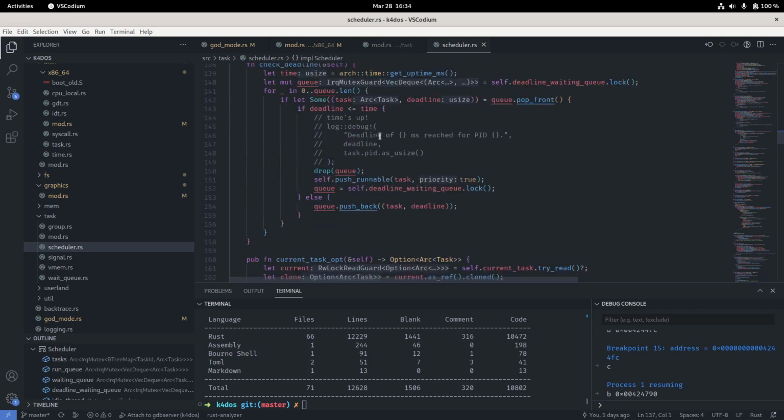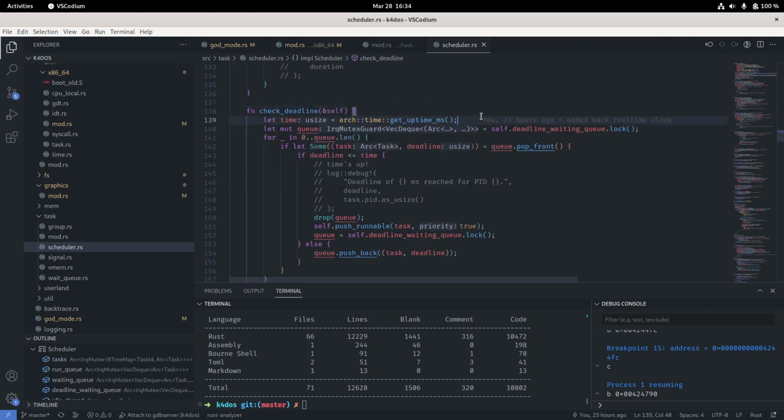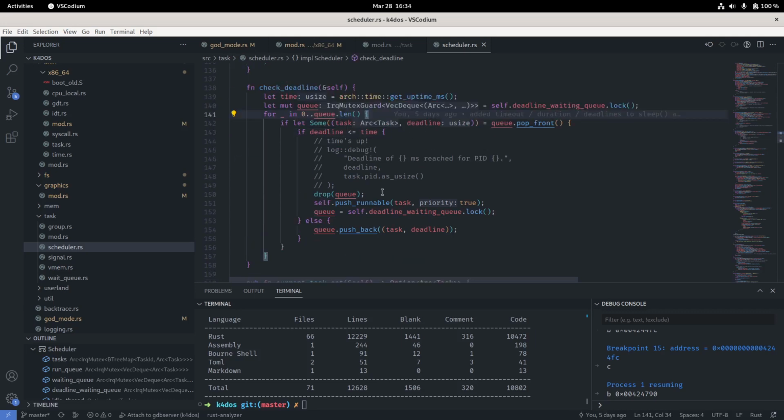We can check the deadlines by querying the time and seeing if the time has run out for any particular task. If so, we push it immediately onto the runnable queue with priority, so that it can immediately execute whatever I/O it's waiting on, just to make it the priority. Just to make the deadlines as accurate as possible. And